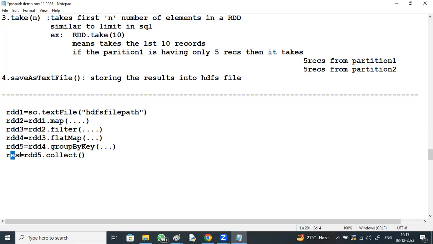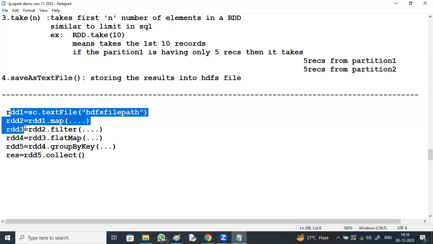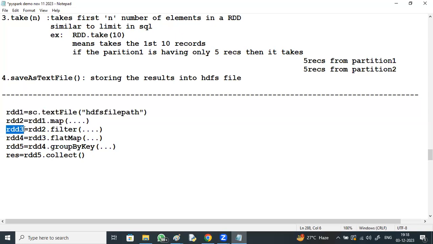So I perform 2-3 steps of this transformation, and then I collect and put that result into another RDD, and then use it. We cannot collect and put it into an RDD? You can do that. Your query is RDD 1, 2, 3. These 3 steps you will perform, and you will say RDD dot collect. You will get the output. The output you want in another RDD, you are saying. Yes. Then we have got a concept called parallelizing.